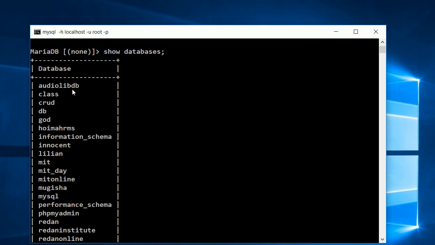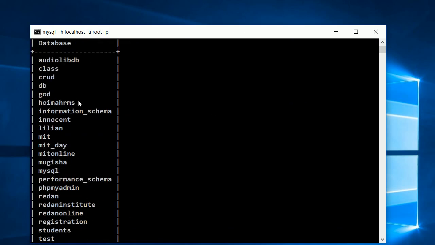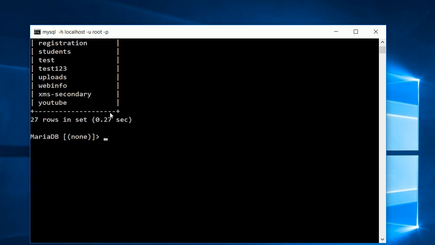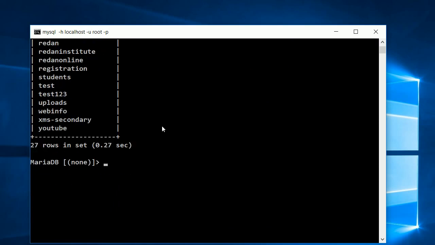I already have databases with me, so we can either create one or pick from these databases here. But there is one thing I have to let you know, guys. If it is your first time creating a database, just type create database, then specify the database you'd like to use. If the database you want to create is called, let's assume, u2,